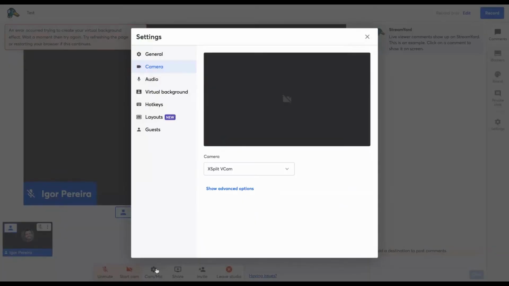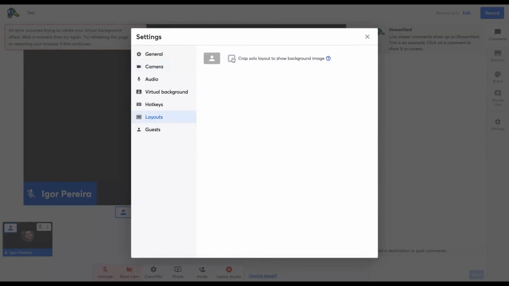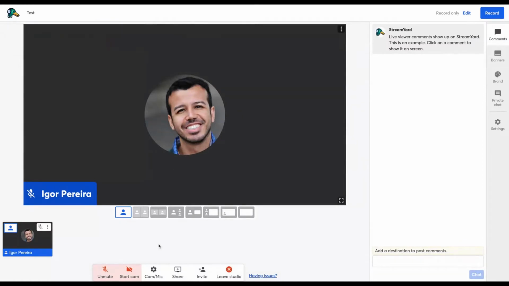And here is the settings for your camera and audio, as I already showed it to you. Here you have also a layout that we are gonna see on another video, where you can customize your background image. In the middle is where you will share your screen.